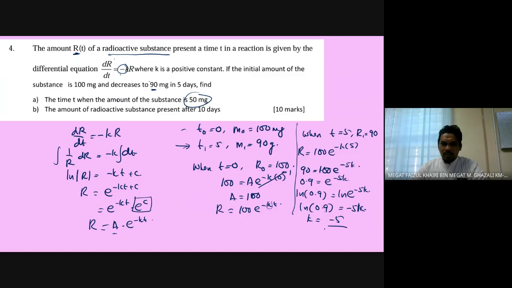Okay. It is negative 0.10536. So then k equal to negative, positive. So then 5 divided by 0.10536 equal to